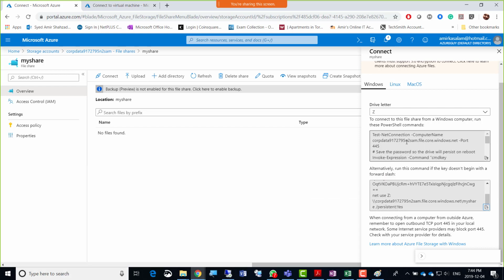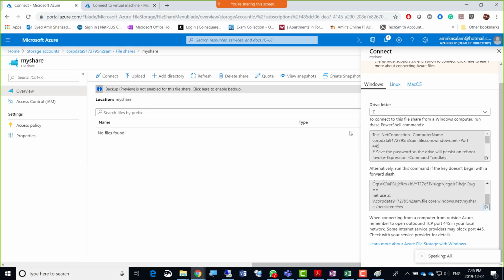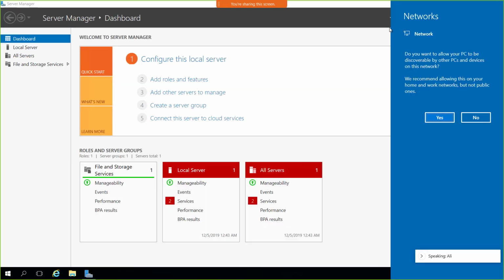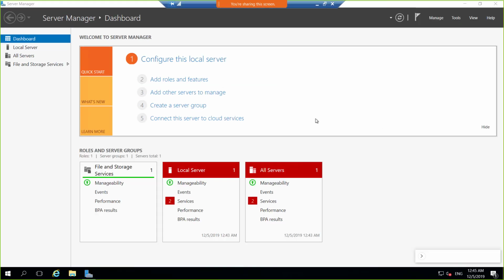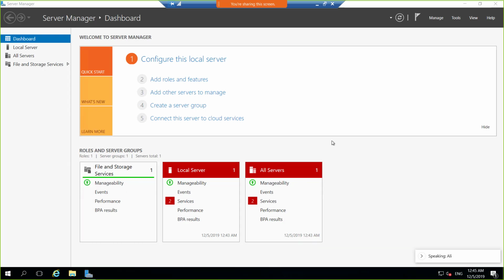In the lab we did the PowerShell first, it didn't work, so we went for that. After the PowerShell there was also a way to do it. So I'm just going to go inside the virtual machine after copying everything from here, and open the command prompt with admin privileges within the virtual machine that was created inside Azure. Command prompt admin,